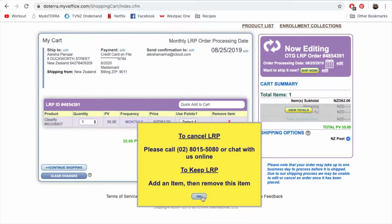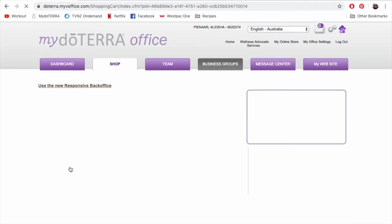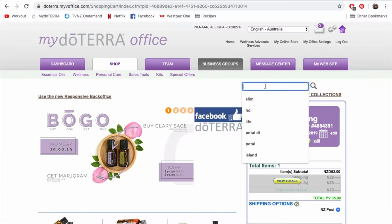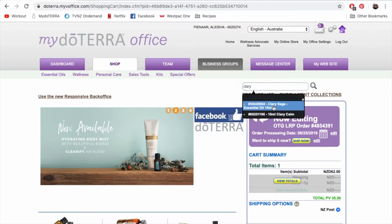Just a reminder here that you have to actually call that number to cancel an LRP. In this case, to keep the LRP going, it's just to add one item and then remove this item. So that's what we're going to do. I'm going to click continue shopping over here, because when you start with your LRP, it's most likely going to be quite empty. And in the search items box, I will type Clary Sage, as that is the first BOGO of